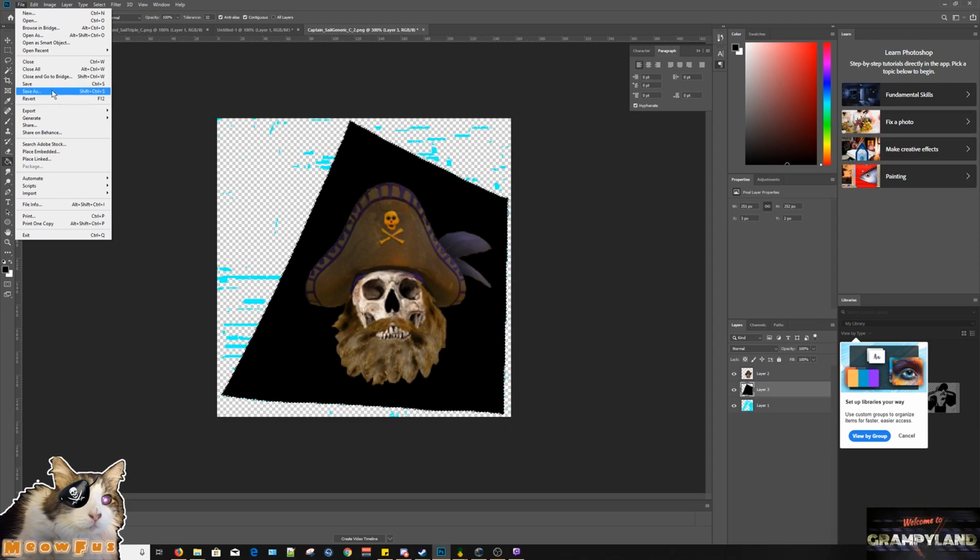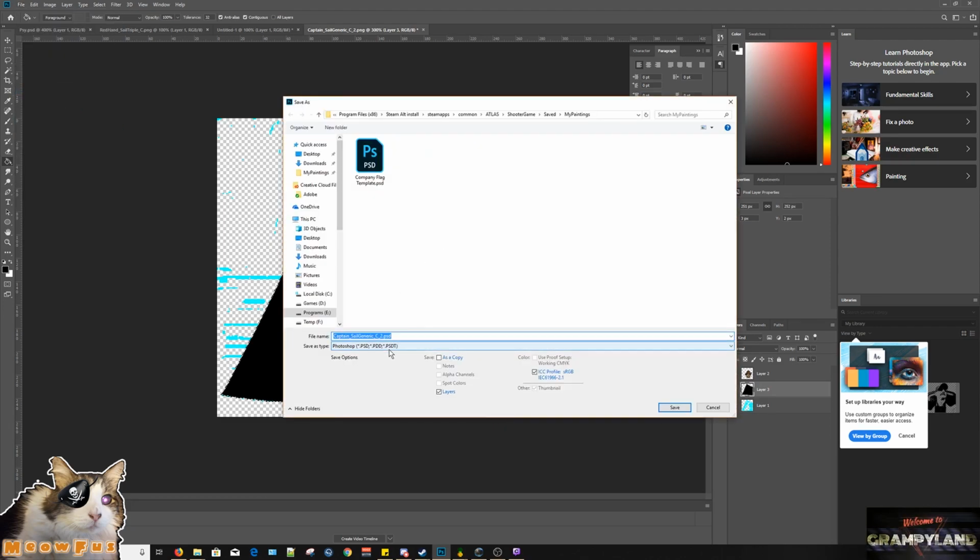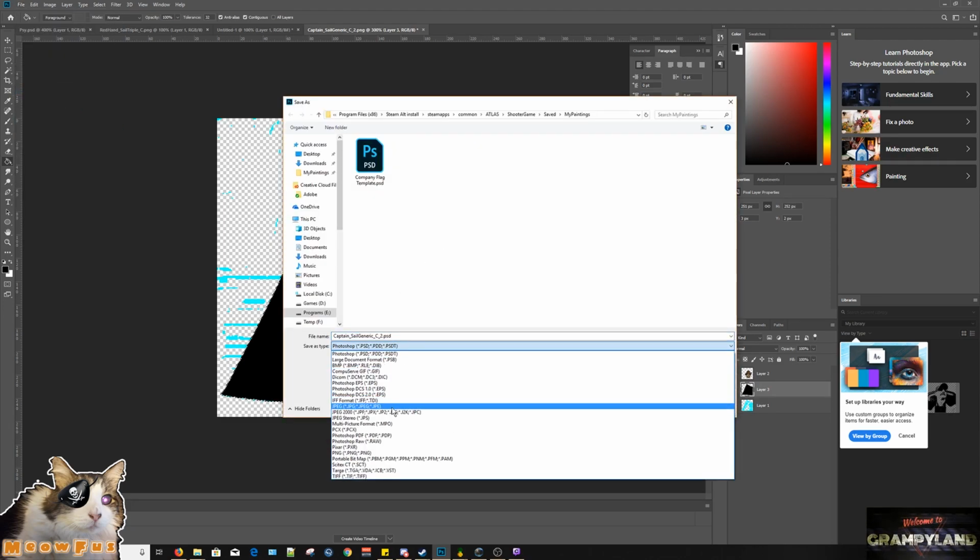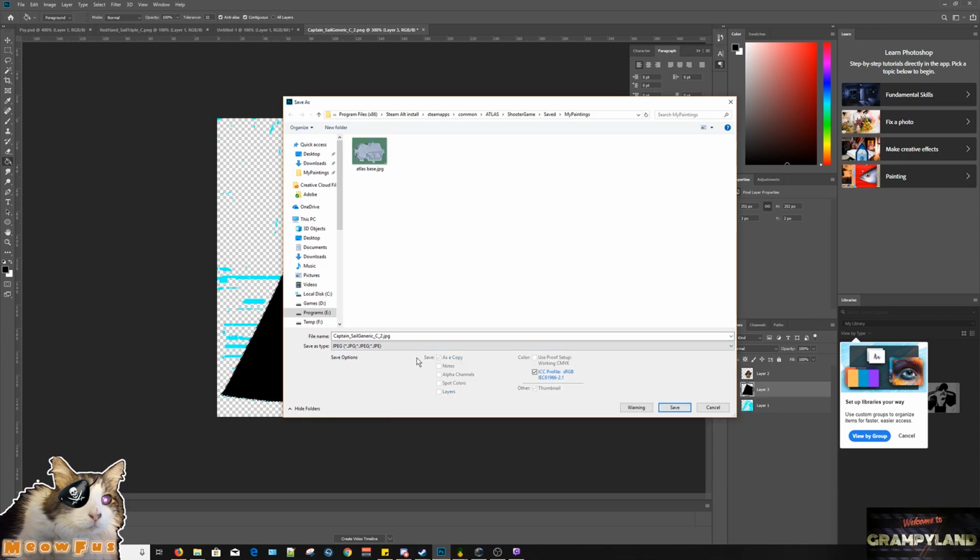So now we're going to save this image as a JPEG. I suppose we can keep it as a PNG, but we're going to save it as JPEG, and we're going to keep it the same, Captain Sail Generic C_2. So any of these templates, you got to make sure that you save the underscore and then whatever it says behind it. It'll say Sail Generic C_2, or it'll say Sail Generic triple, or it'll say